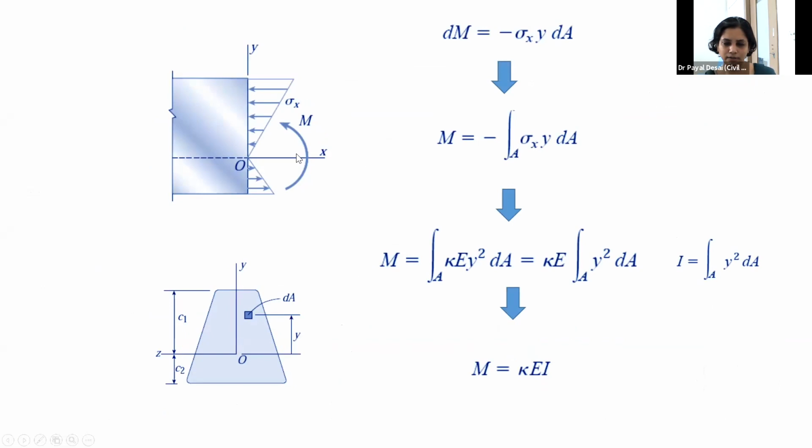This is a cross section of the beam. You may see here the replacement of the moment due to the integration of the stresses. This is a stress converted into force, and then you multiply with y, and then integrate it over the area. You get the moment. Okay, so this is called the stress resultants. So this is about a beam, but in the case of a plate, you have three such quantities: Mx, My, Mxy.